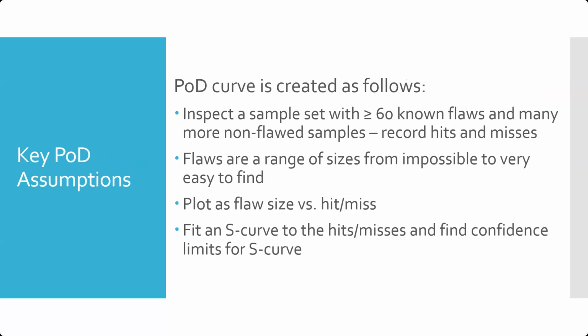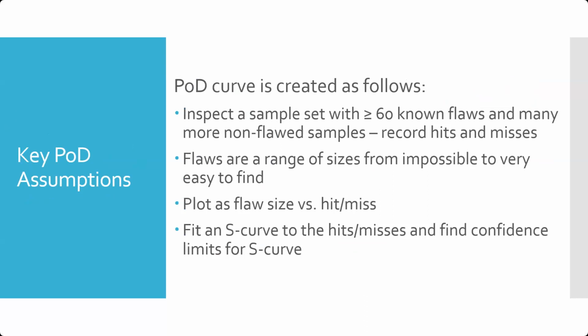And an inspector goes through these, and you record with each flaw, potential flaw site, whether the person performing the inspection got a hit or a miss. What size? And the sample of 16 known flaw sizes, they vary in size as well. So it's not all just one size. It's a mixture of flaw sizes, so we can start to determine where that A9095 falls with given flaw sizes. So the flaw sizes are ranging from basically impossible to find up to very easy to find, sometimes